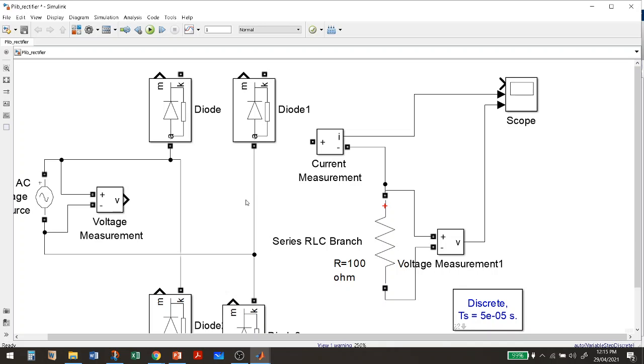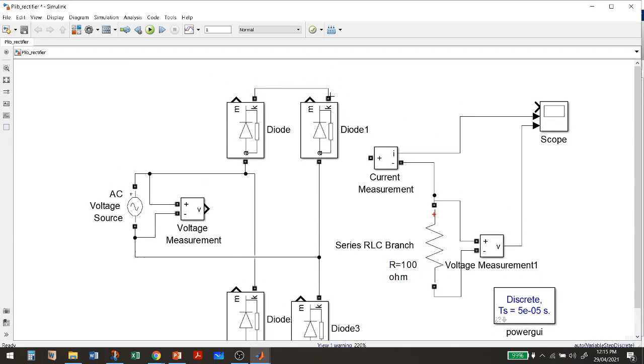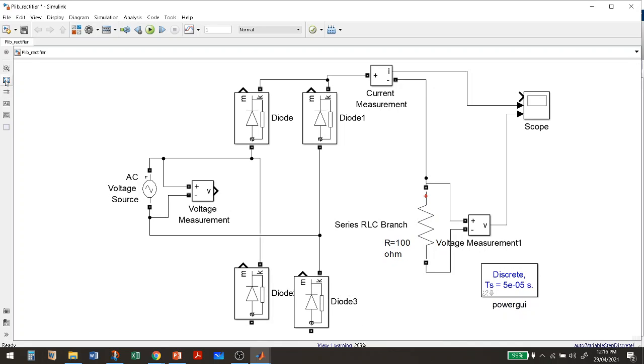Then I will put a diode in series and take a current measurement. The output is correct. Then everything is, I think, correct.